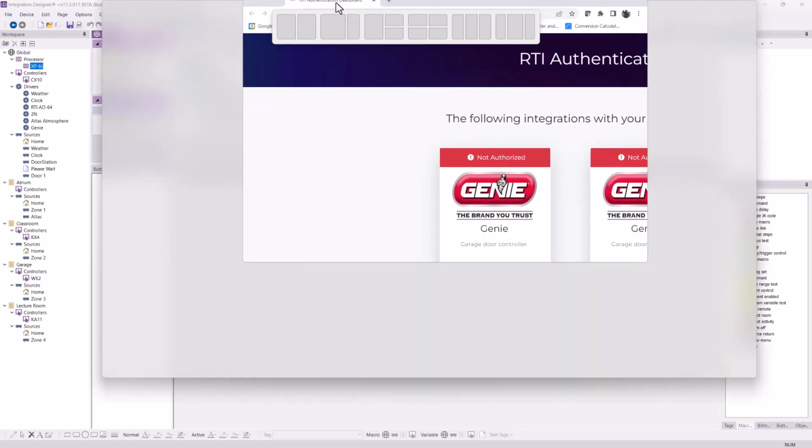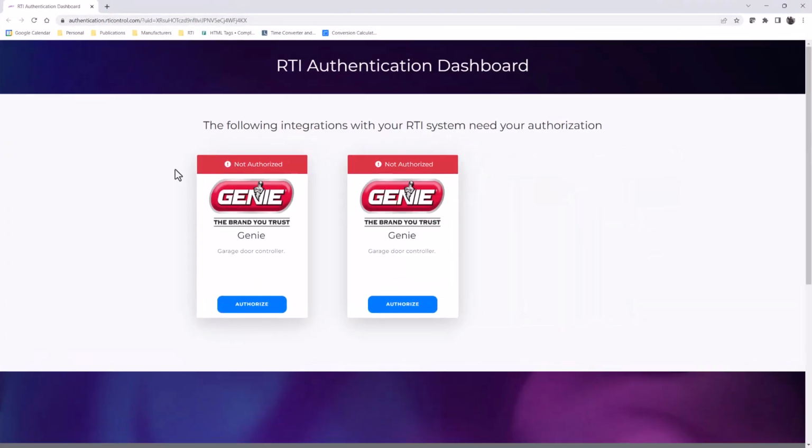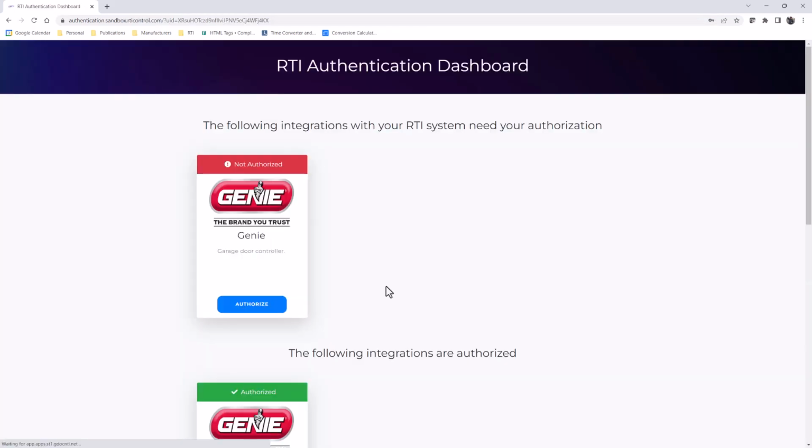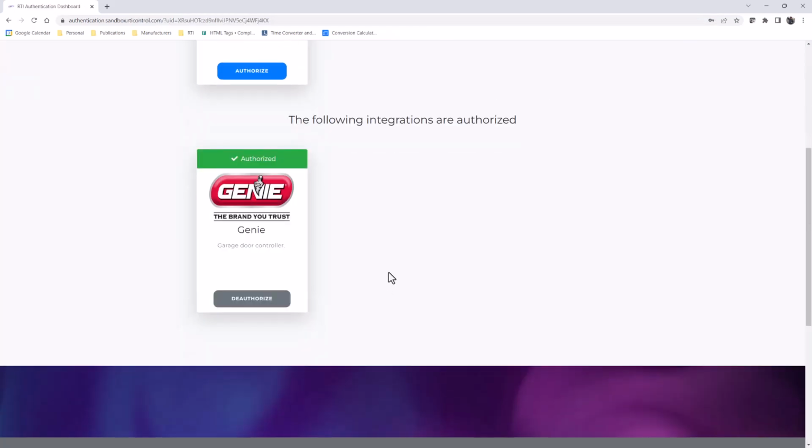This page, same as what the client would see, is where you can identify and select the available source driver devices that use RTI authentication. We will select this device and input the proper login and password for the client. Keep in mind, they will need to have an account with that company already set up and configured with the proper devices. We can continue to